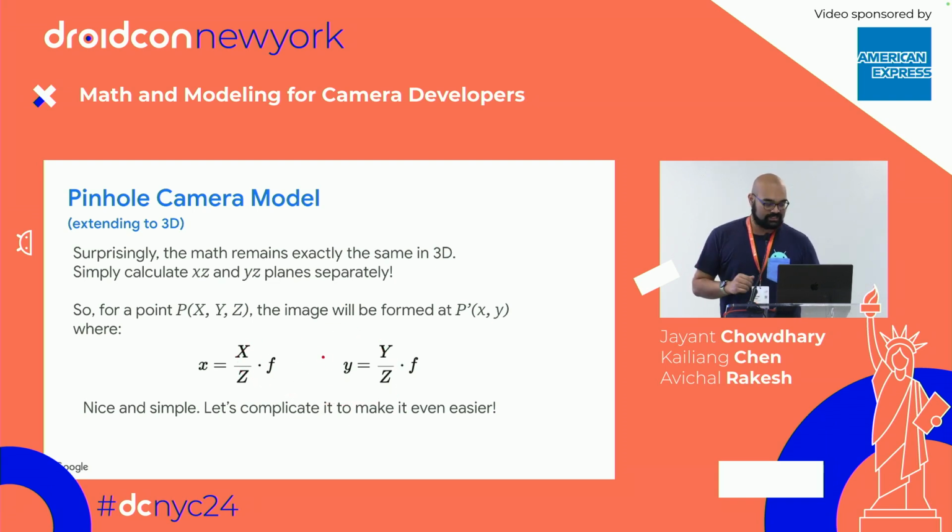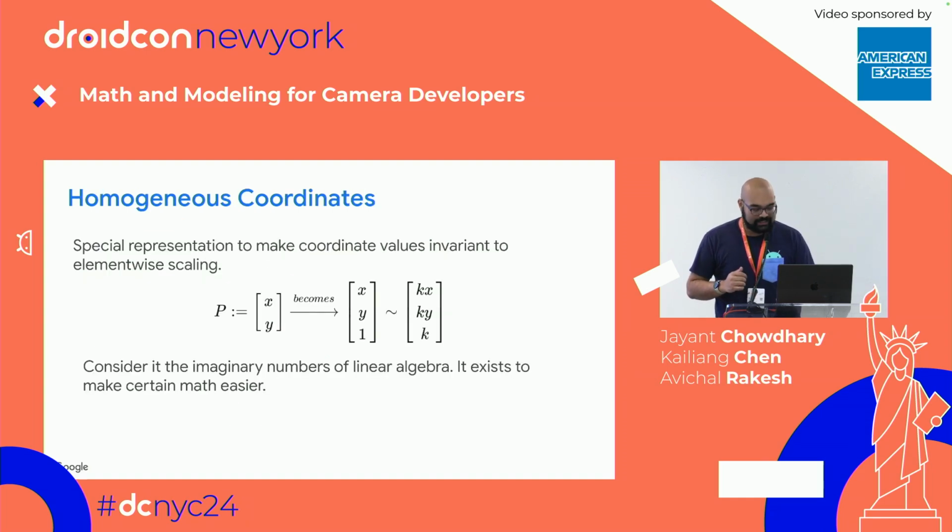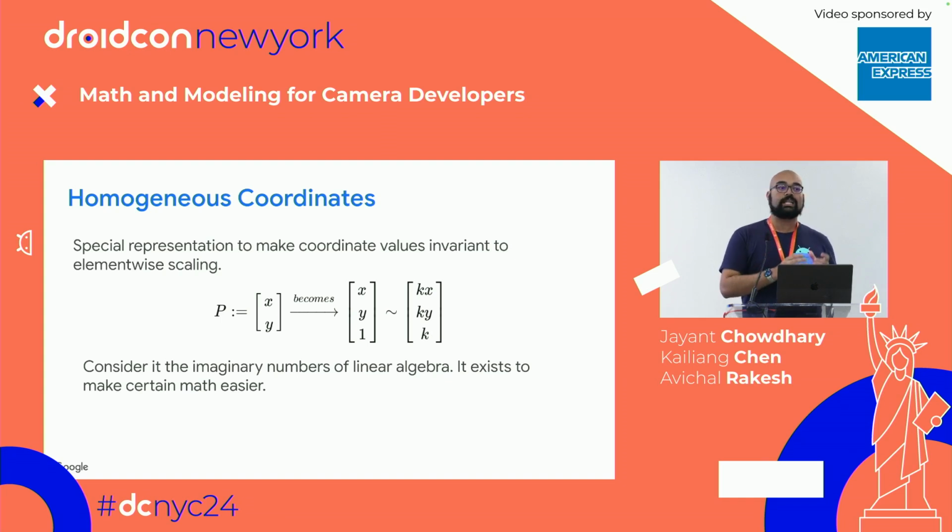So let's complicate things, and hopefully make it easier at the end. To complicate stuff, we'll introduce what's known as homogeneous coordinates. The idea behind that is we want to have a representation where if we scale every element of the vector by some constant, we don't lose any information. This is not to say that they'll be equal after scaling. You just wouldn't have lost any information, and whatever information was already there can be